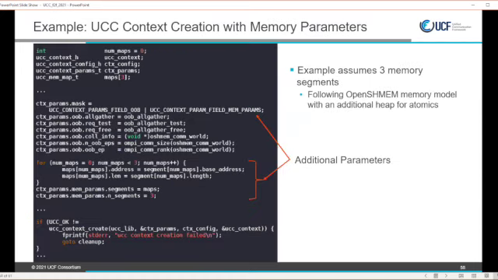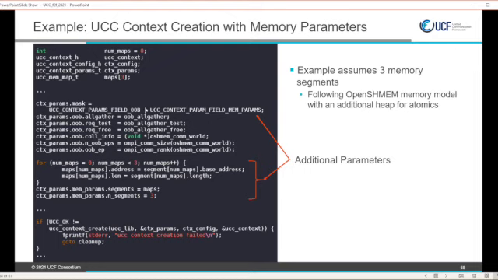So here is an example showing UCC context creation with the extended mem map params, similar to, say, OSHMEM. Actually, most of this code is from OSHMEM, pulled out from there. In this example, assume you have 3 memory segments: the symmetric heap, global static variables, and maybe another segment for atomics, like we have in OSHMEM. That would leave us with 3 memory maps.